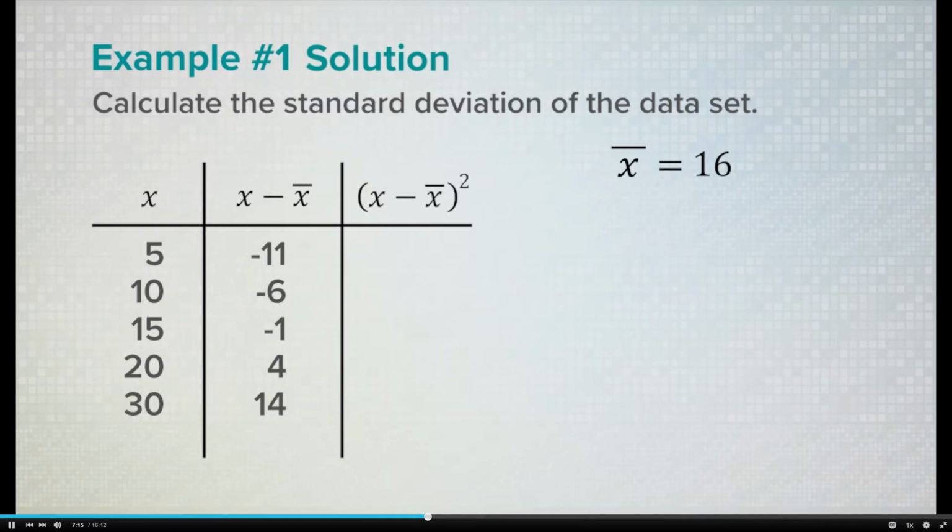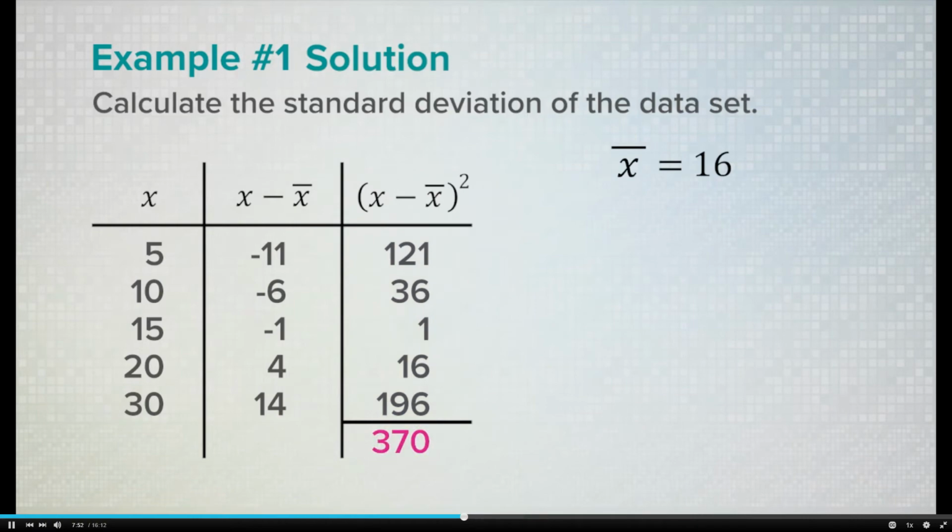If we were to find the average right now and added this column, we'd always get 0. What we do in stats land to combat this problem is to square everything, because all of these numbers will now be positive. By doing that, we get 121, 36, 1, 16, and 196. Now, if we want the average distance, we add up this column, which equals